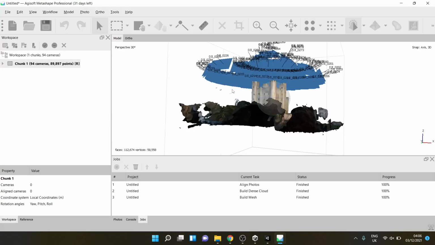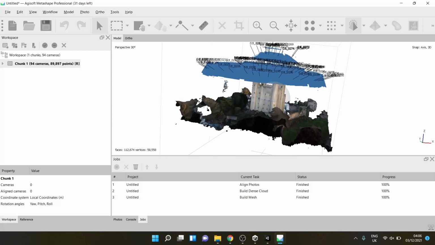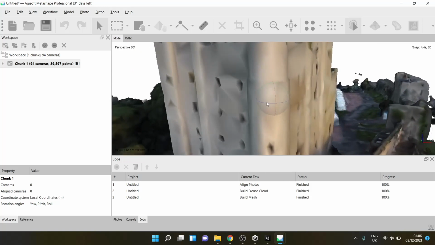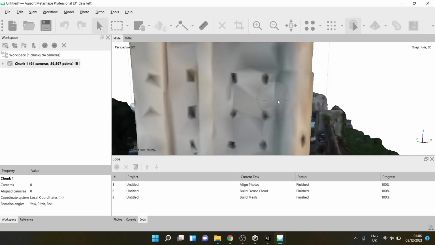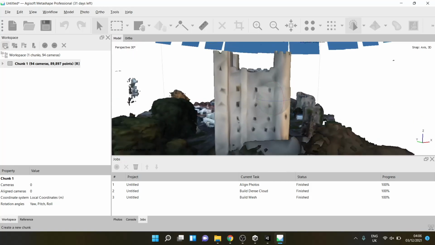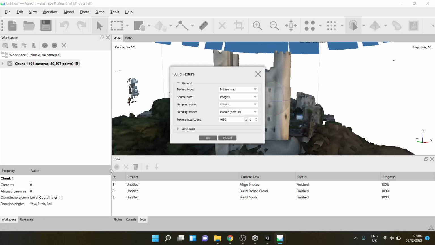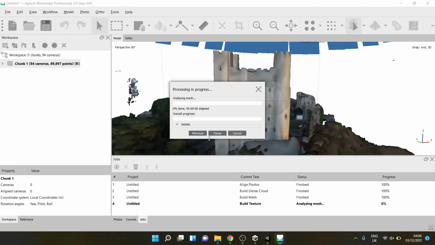Once that's done, we can see this 3D model, which looks pretty incredible, but seems to be lacking any kind of textural detail. It doesn't look very great right now. So, once again, we need to right-click and generate those textures. I highly recommend using the occlusion ones, and also just doing it from the 3D model rather than those photos. Once we've done that, it's going to take a little while again, but we will finally be produced this 3D model, which looks